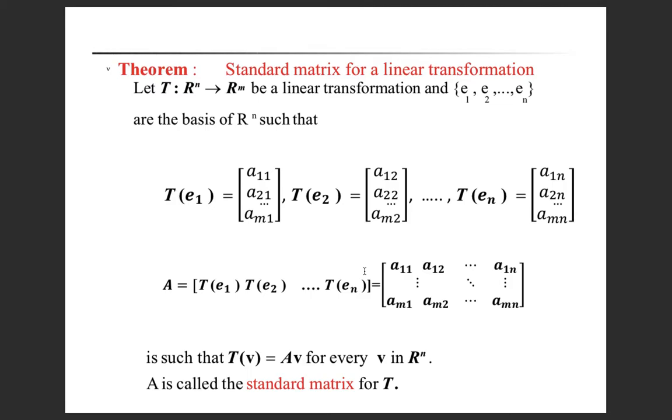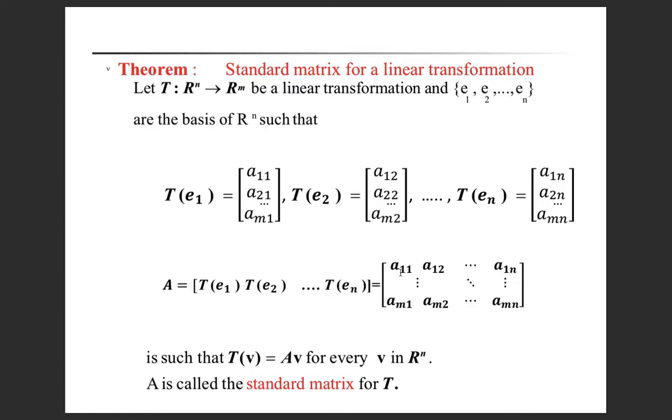If T is a linear transformation from n-dimensional real space to m-dimensional real space and E1, E2, ..., En are a basis for Rn, such that TE1 = (A11, A21, ..., Am1), TE2 = (A12, A22, ..., Am2), ..., TEn = (A1n, A2n, ..., Amn). Then the matrix A is equal to [TE1, TE2, ..., TEn],